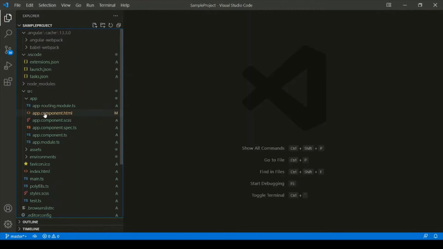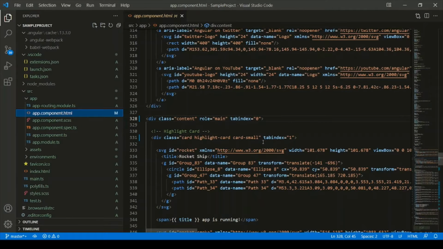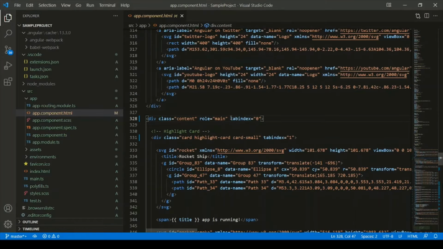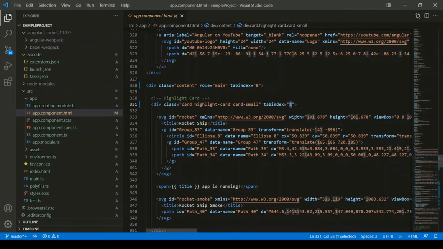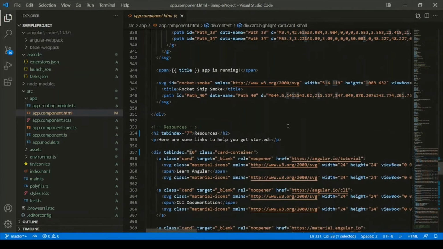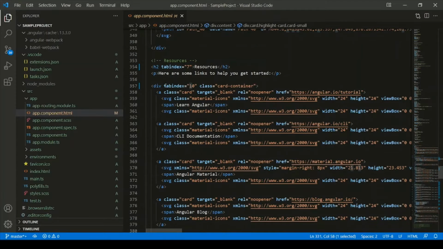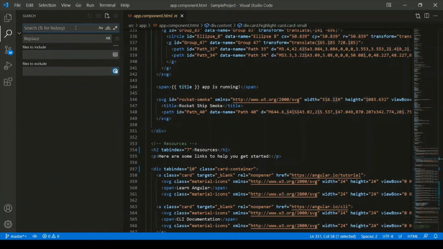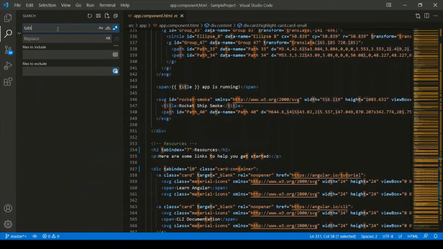The next option I'm going to show is using regular expressions in our search. In this example, let us try to delete this tab index occurrence from all the elements. We cannot simply find and replace tab indexes because the value might be anything. It could be any number, 0, 1 or 1000 or something like that. So to search all the tab indexes and remove them, we can use regex here. To use regex, we need to click this button and then we can include our search term tabindex